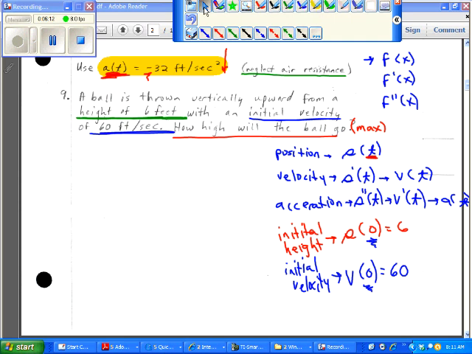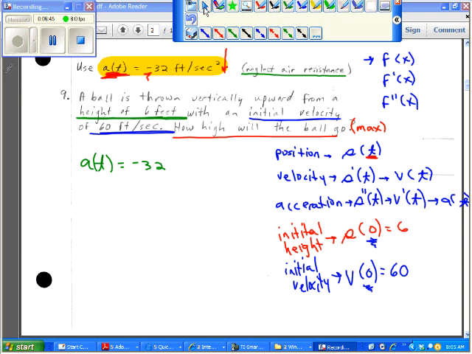Now remember, we did this at the front of the year. We just kind of developed our formula from a physics standpoint, and here we're developing it from a calculus standpoint, which is kind of neat to see it pull together. So we're going to start out with A of t is equal to negative 32 feet per second squared. We're just going to deal with the numbers here, negative 32. And if we knew A of t,